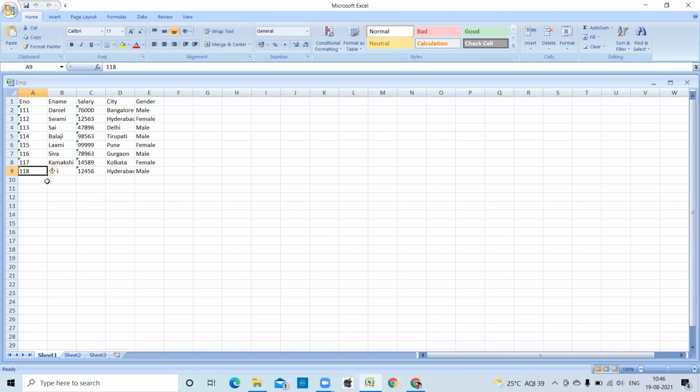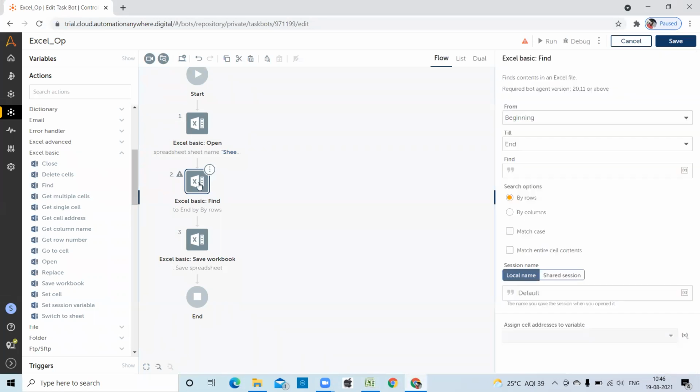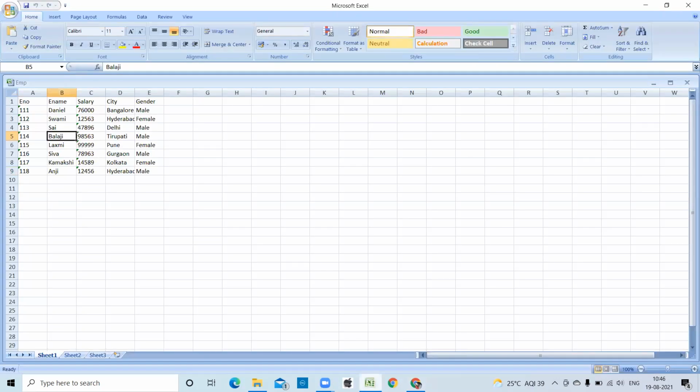Find. For example, I am searching Balaji, whether Balaji exists or not in the Excel file. So by using find, we can search data, whether data is available or not in the Excel file. In case it exists, it returns the cell address.